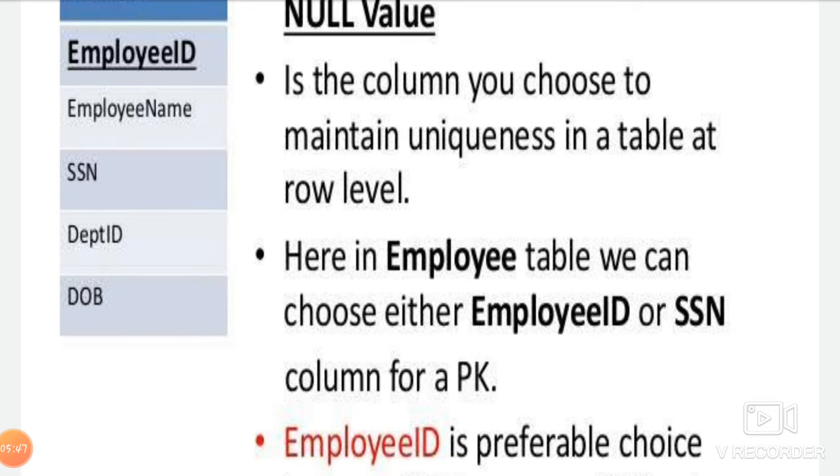And then department ID means each department will have an ID, right? They will have a department number, so that number comes under a department ID. So for example, in a college or in any organization or office, in a particular department, a group of members will work on it, right? That group of members will share the same department ID, so there are duplicate values. It cannot be unique, so department ID also will not come under primary key.